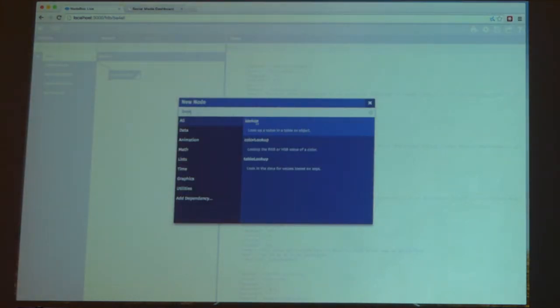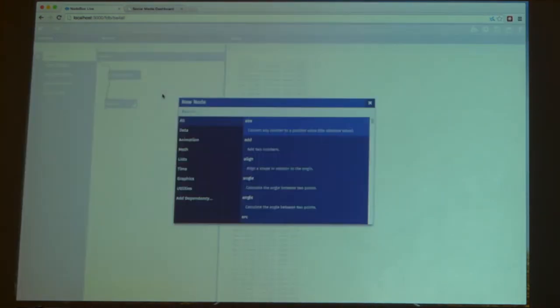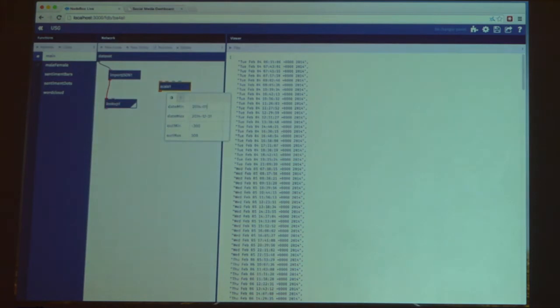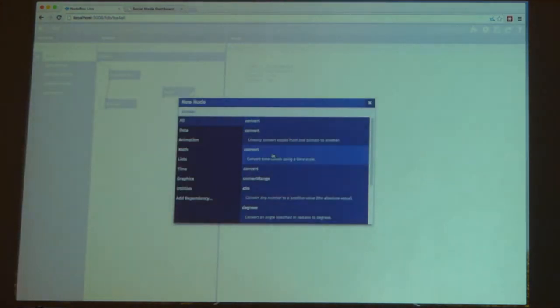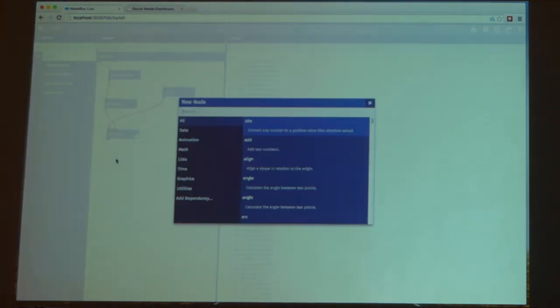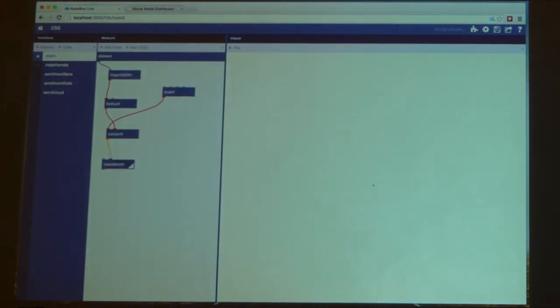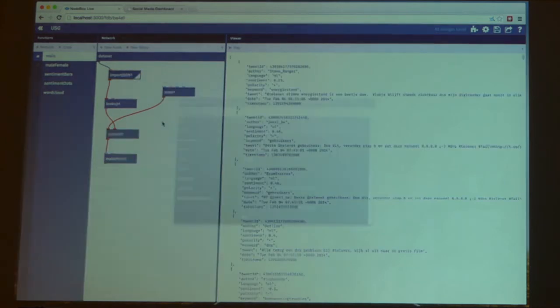So it's basically building a dashboard application from a list of Twitter tweets. Now it's importing these tweets, but you can imagine that this is a real-time data stream, which we also support. So we make a scale, we say, okay, this is the minimum and maximum date. We do a conversion, and this makes it into pixels. We then take these pixels and convert them into points. Depending on where we connect them, we can see this in X and or Y value.